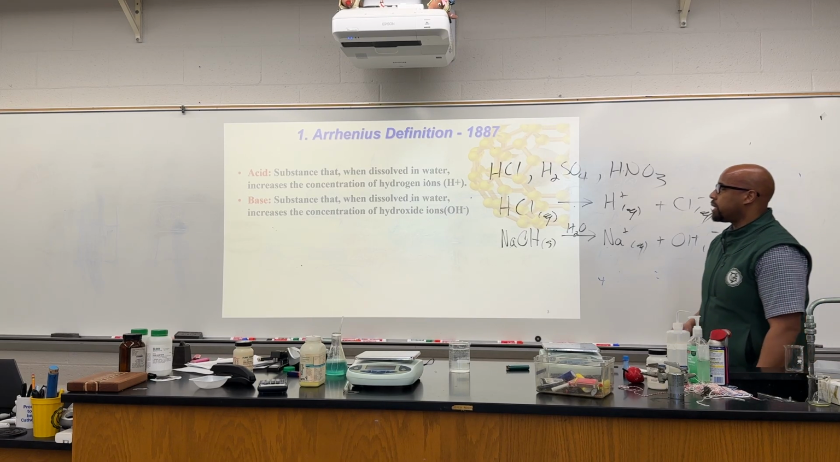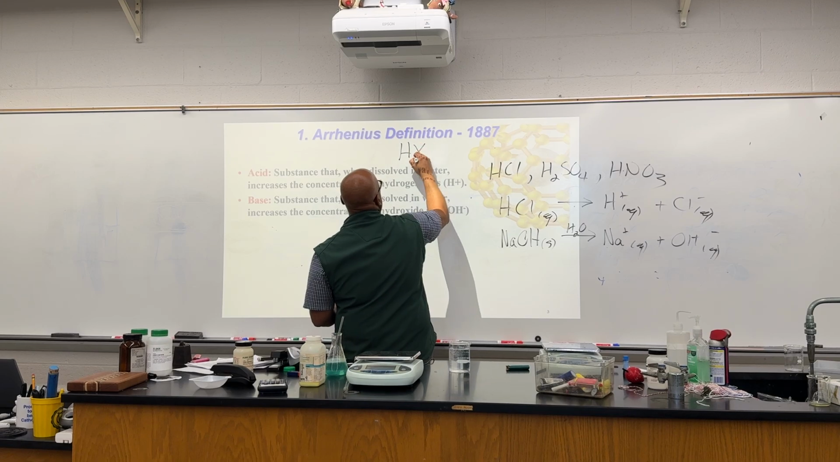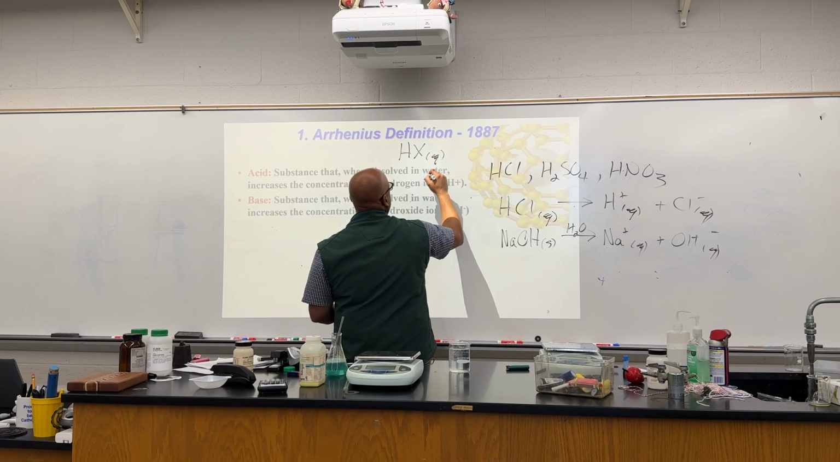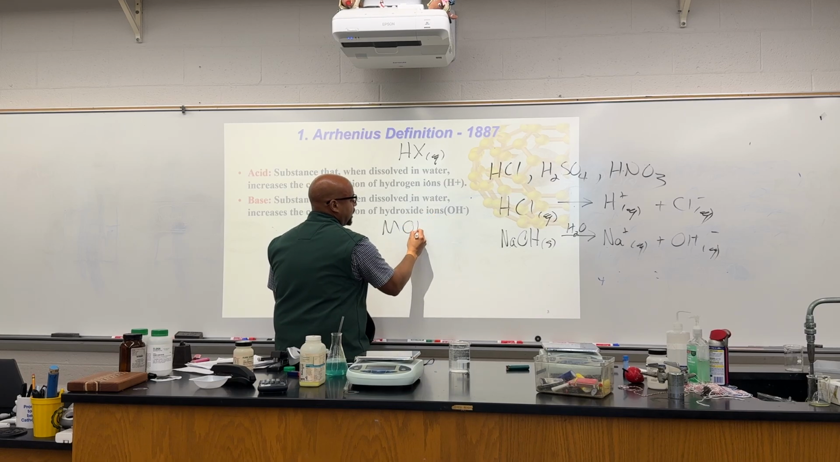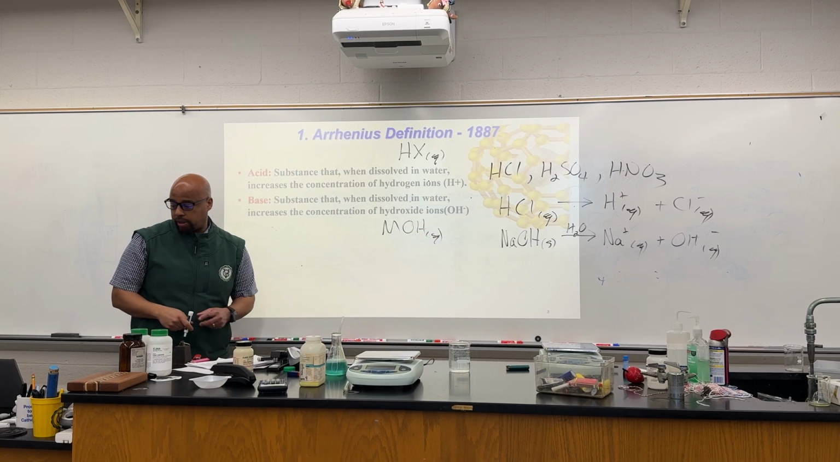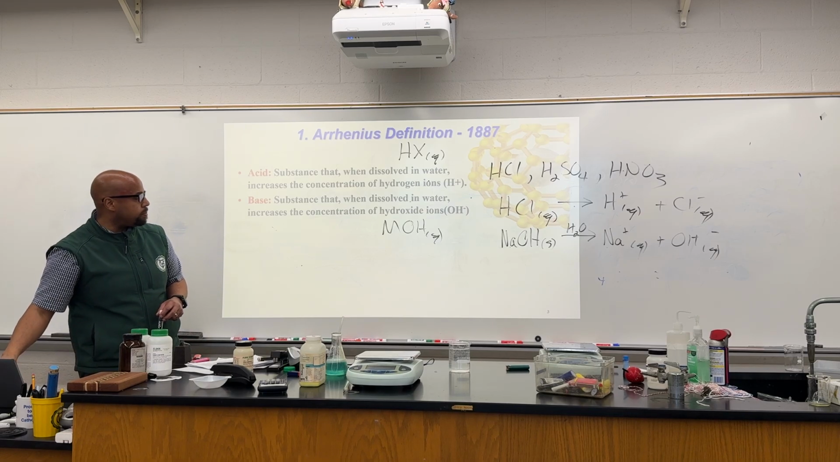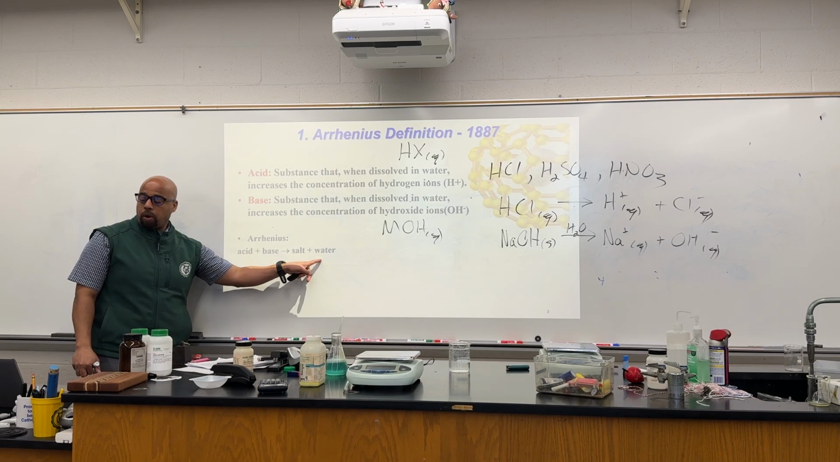So all we're really looking for is something that's acidic, that's going to look like this, HX aqueous. And for the base, it's going to be some metal, because that's a cation, and hydroxide, aqueous. So by definition, that's all we're looking for to figure out if you're an acid or a base. Also, don't forget, we have this common saying that an acid plus base yields salt plus water, which means